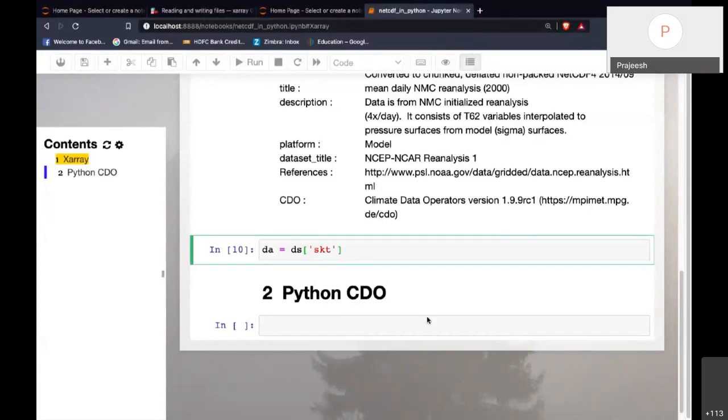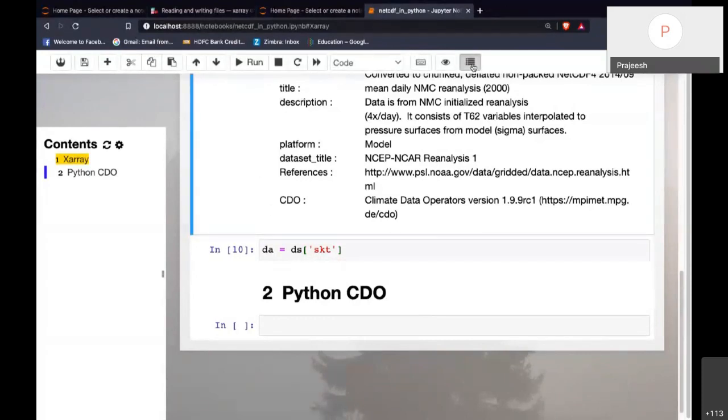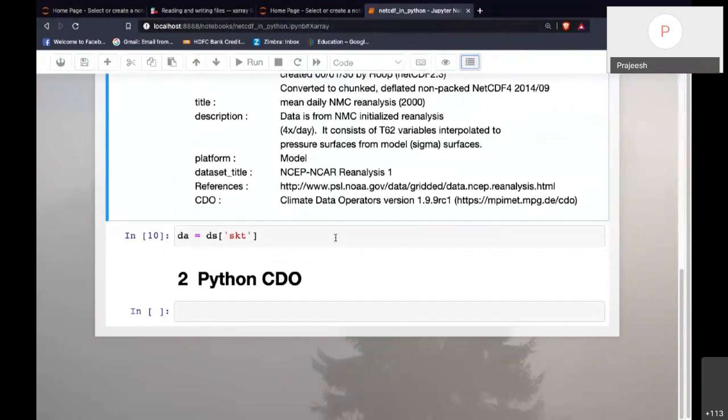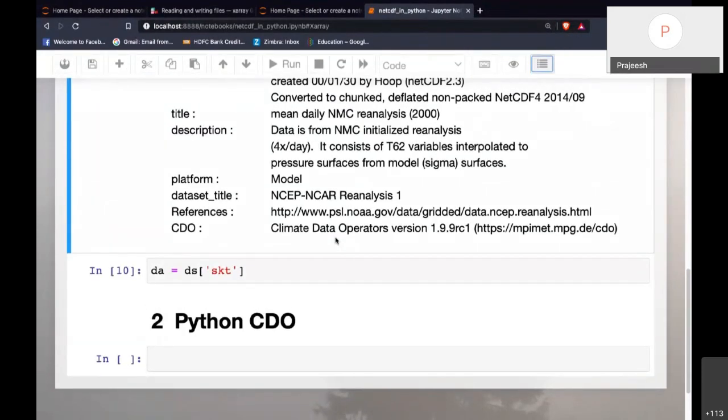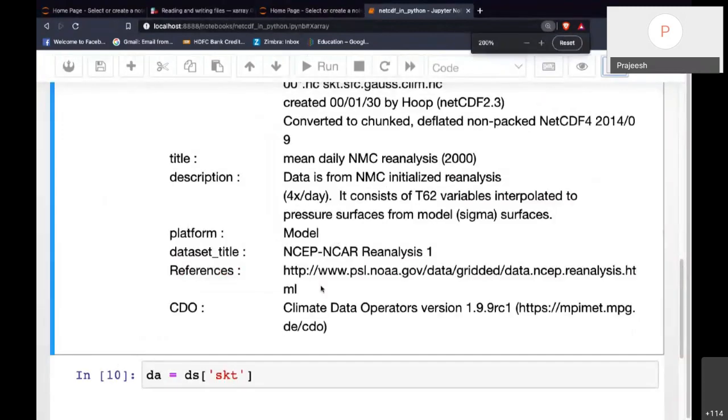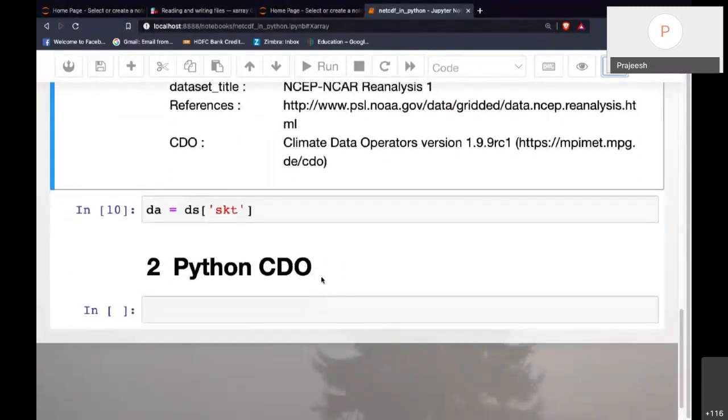For some people, it seems the display is blurry. Maybe I can remove this table of contents and increase the size. Right? Yeah, maybe this is better.